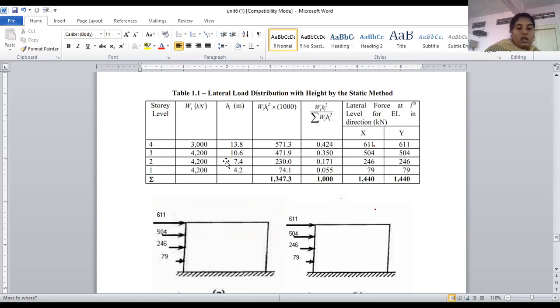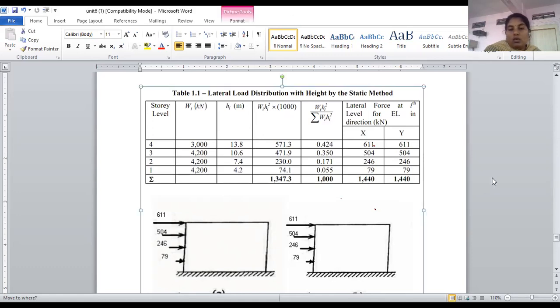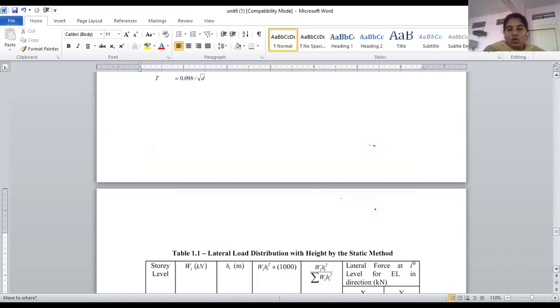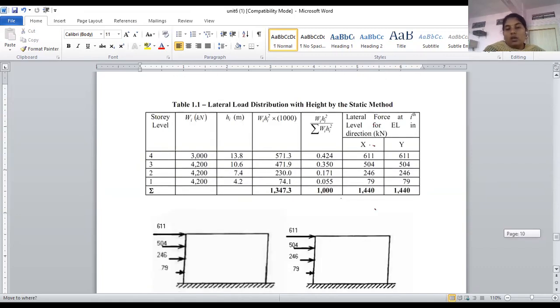Then only can you calculate the seismic forces which are coming on the story, and you can plot the graph also, so that the seismic force distribution which is coming on each and every story can be seen. So write down this and try to solve one of the other problems which are given to you as your assignment. So try to solve it, you will get all the results, and it will be very helpful to you to understand the evaluation of seismic forces for the earthquake resistant building.